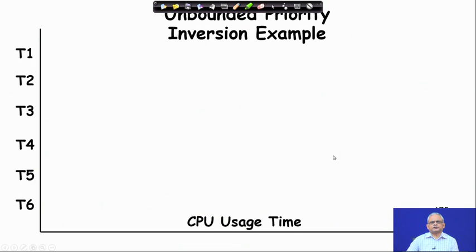To explain the concept, we have another schematic example here. On the x axis here we have plotted the tasks that are using CPU and for how long they are using the CPU. On the y axis we have plotted the tasks. T 1 is the highest priority and T 6 is the lowest priority, and T 2, T 3, T 4, T 5 etc., these are intermediate priority tasks. To start with, T 6 started executing over time